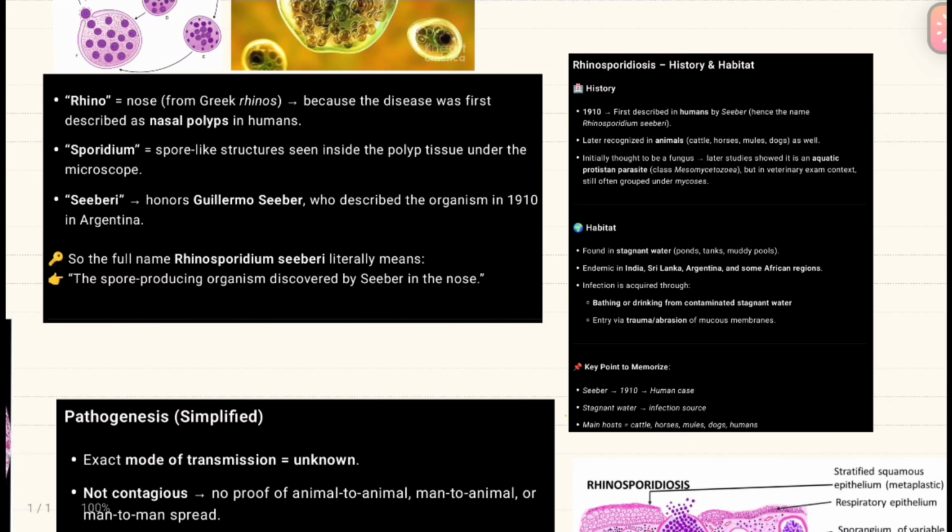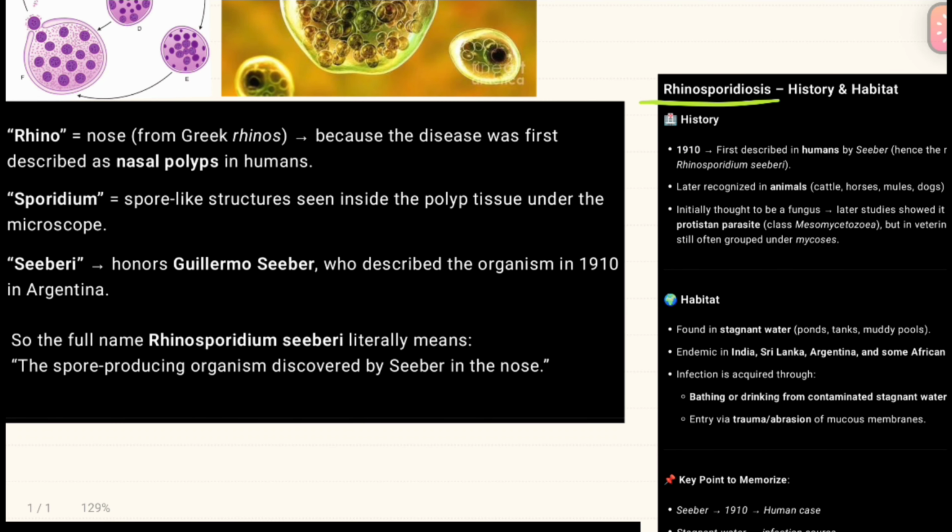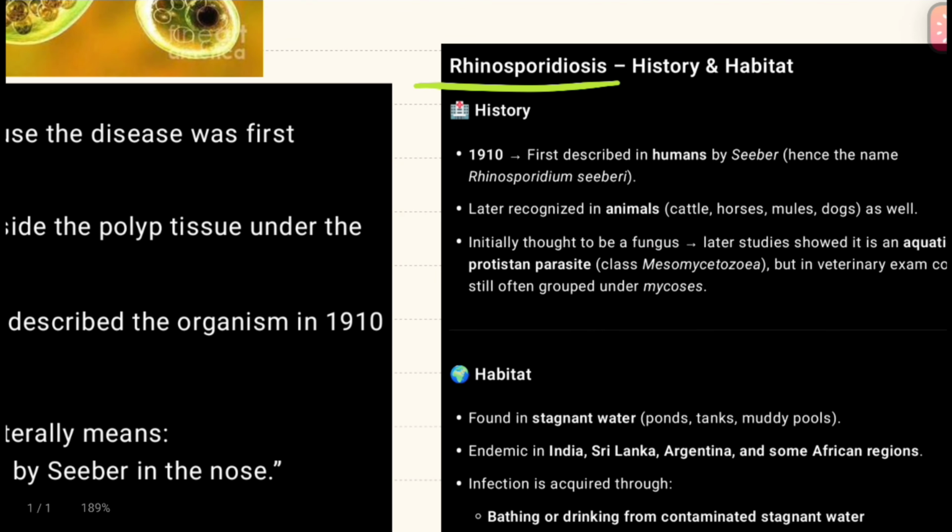In our previous video, we had a discussion on the disease candidiasis. So today we will discuss another fungal disease, that is rhinosporidiosis. Before having a detailed discussion on the disease, let us have a look at how this word rhinosporidiosis has evolved. Basically, this disease is caused by the pathogen Rhinosporidium